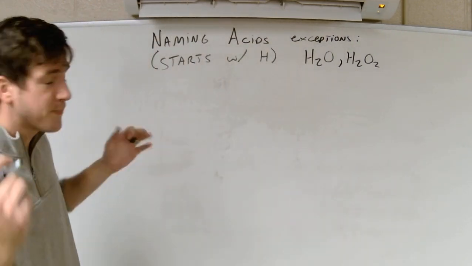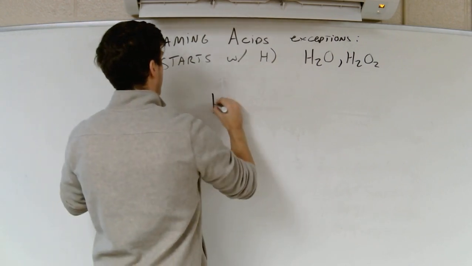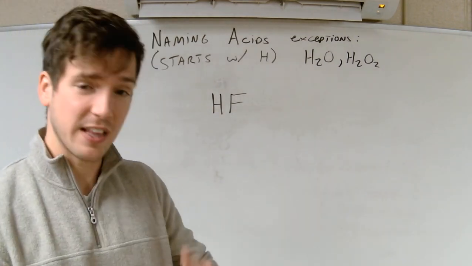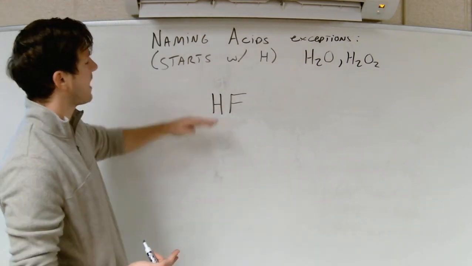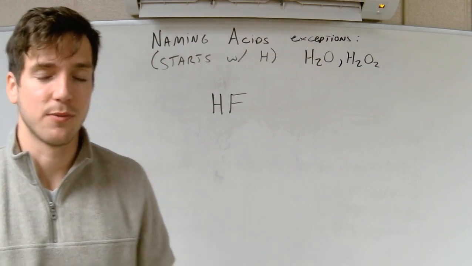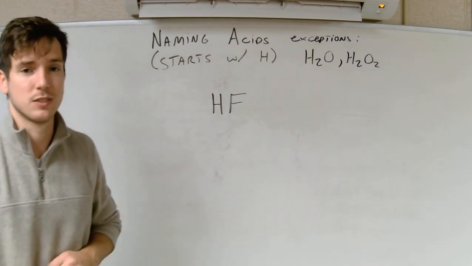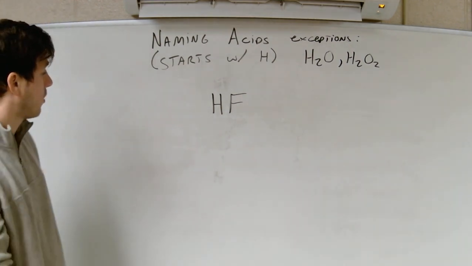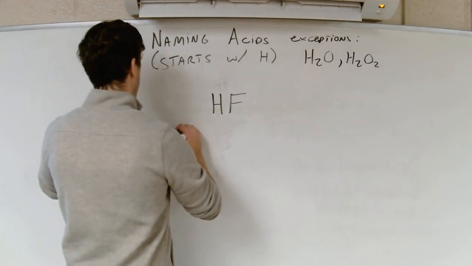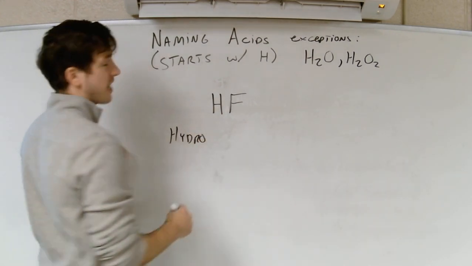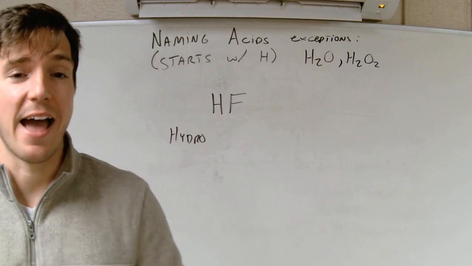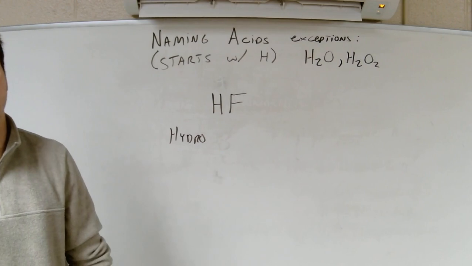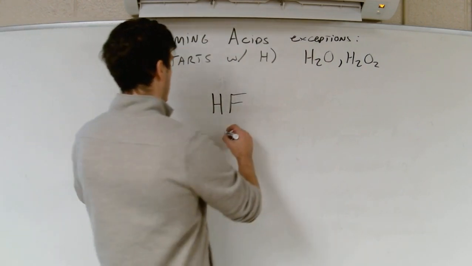Alright, so say I have HF. I look at this and ask: ionic, covalent, or an acid? Well, it starts with an H, so I know it's going to be an acid. So now I go to my rules. Does this have an oxygen or not? No, it does not have an oxygen. So I'm just going to start off with hydro. There's no oxygen, it's hydro, and then it becomes blank-ic acid, which is based off of my ion attached to the H. So it's not just fluoric acid, it is hydrofluoric